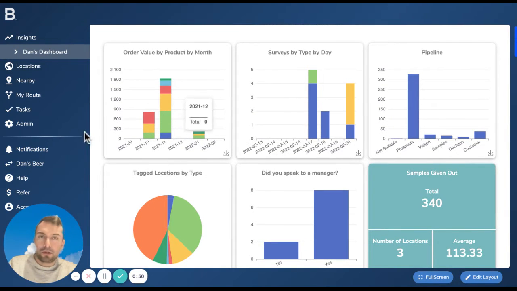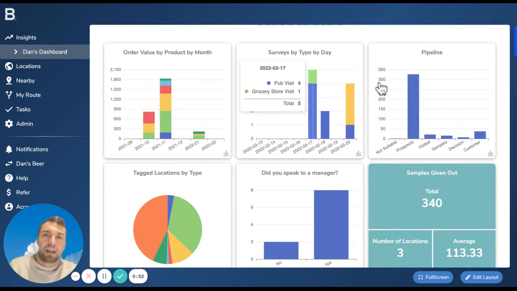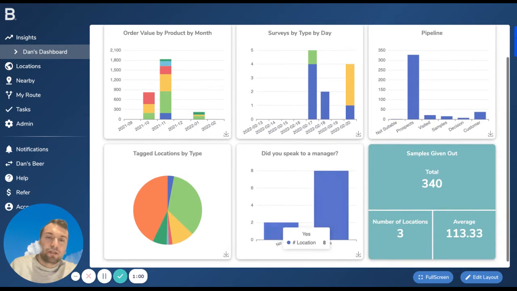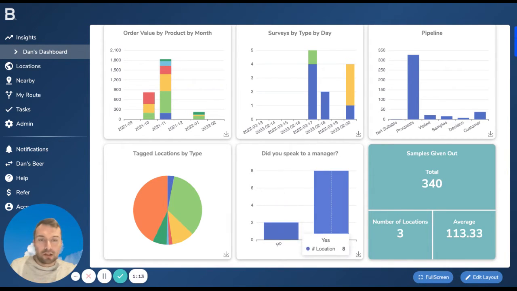One of them is orders, one of them is surveys by type by day, one of them is a pipeline widget, another one is tagged locations by type. And then these two over here are connected to data capture surveys to pull real-time insights out of the data capture surveys that your team are doing in real time. So we have percentage of the time we spoke to the manager, and also a count of how many samples